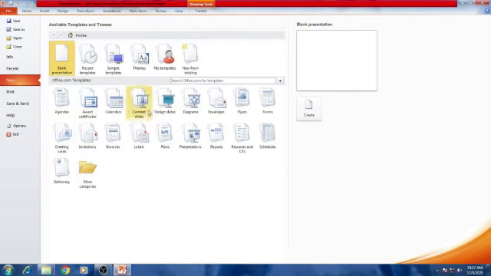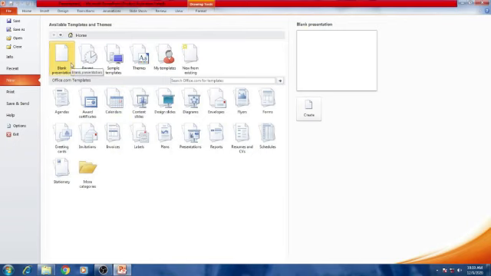You can see different varieties when you click this New option, so you can choose in which way your presentation will be. The different ways to create a new presentation in Microsoft PowerPoint 2010 are blank presentation, recent templates, sample templates, themes, my templates, new from existing, then Office.com templates.